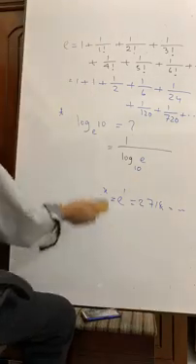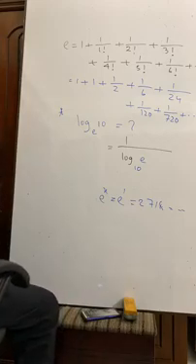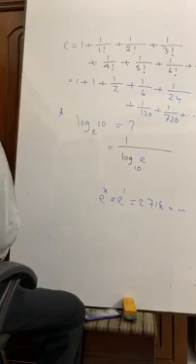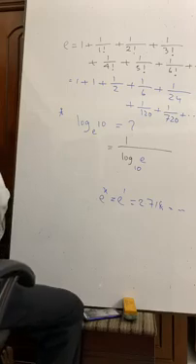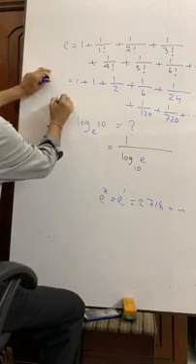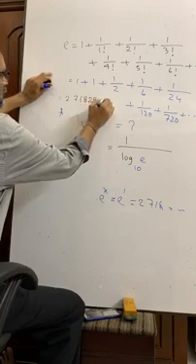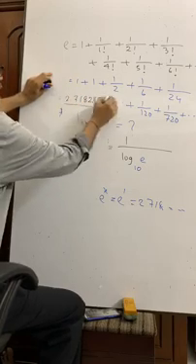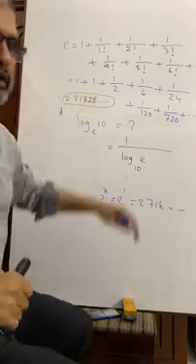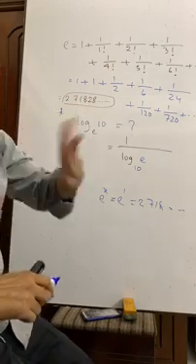Now, if we calculate, our result will be 2.71828. Our result will be this. Okay? If we calculate, any of you can calculate, and you will get the result like this. Calculate it and show me.